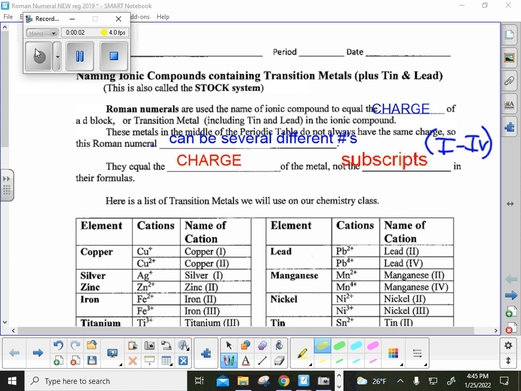Hi chemistry students, I unfortunately can't be there today, so I wanted to give you a lesson on the Roman numerals. I know I showed this to all the sections of classes yesterday, but in case you weren't here or you're watching this remotely because you're away or home due to being sick, I went ahead and started from the beginning of the topic. So what's going on is we're looking at naming ionic compounds